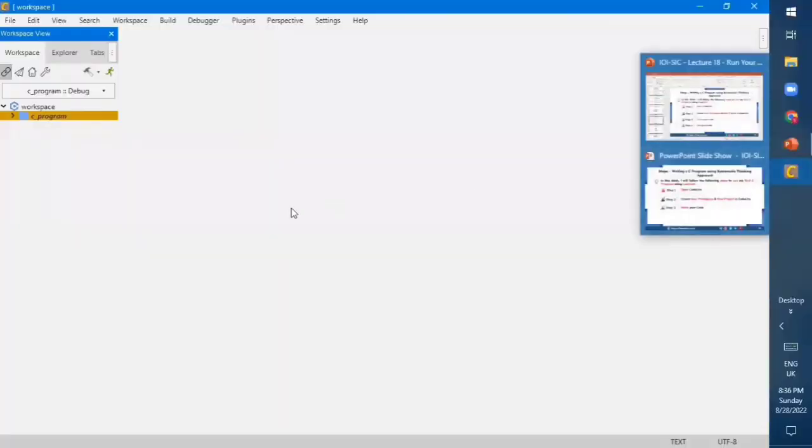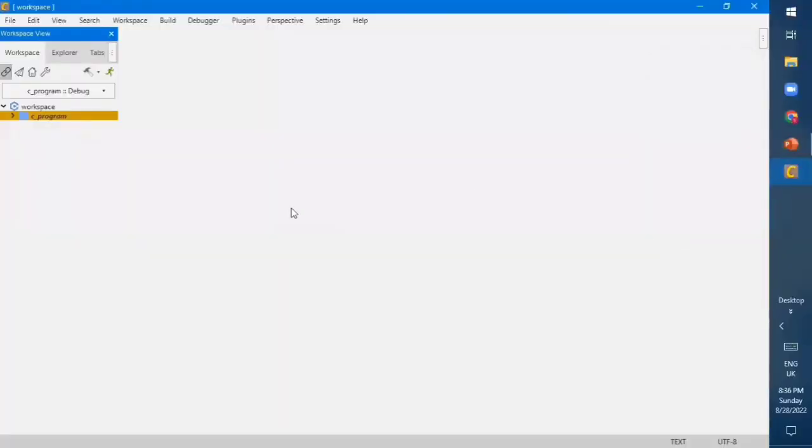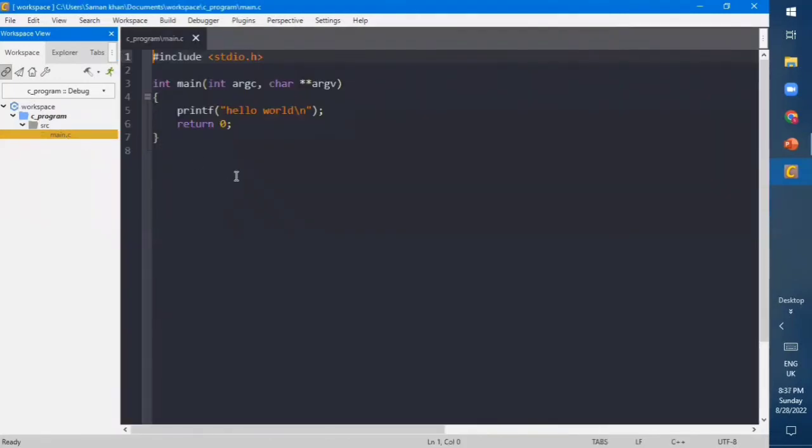Let's get back to CodeLite IDE to write our first C program in CodeLite IDE. For that, from left menu, double click on project you created recently. It contains a source folder. Double click on source folder. As you can see, it contains main.c file. Double click on this main.c file. Here you can see some